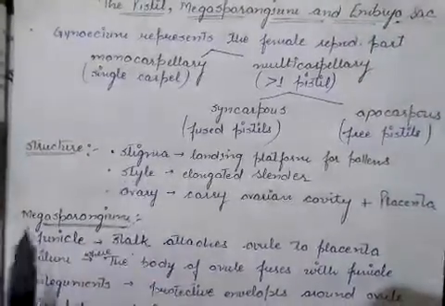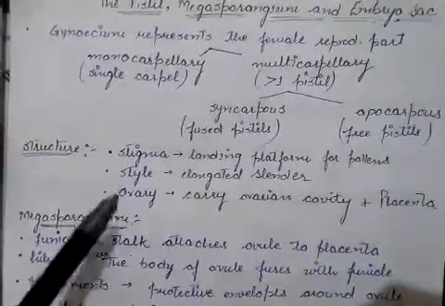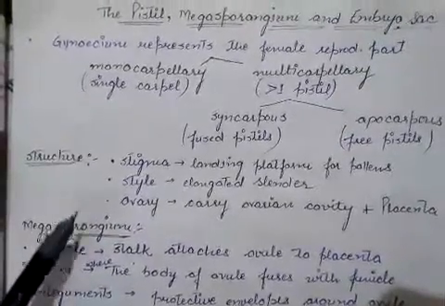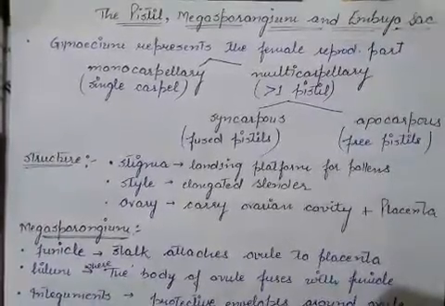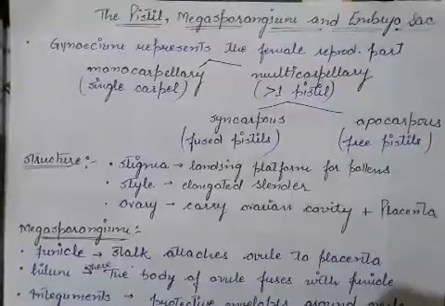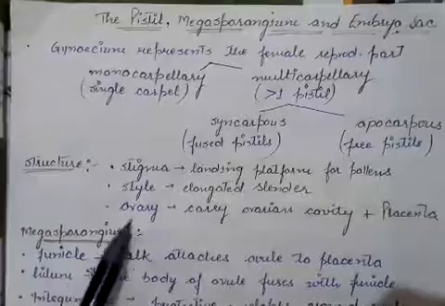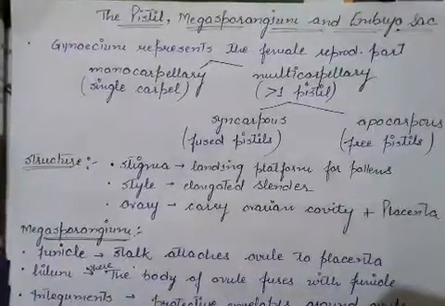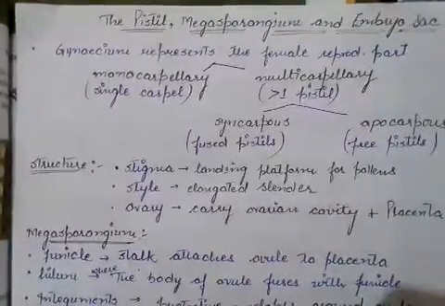Now we are on the structure of the female gametophyte. It has three parts. First one is stigma, second one is style, and third one is the ovary. Stigma is the receptacle, or the landing platform for the pollen grains, at which the pollen grains are shed off by any kind of agent. Second, style is the long tube. It is cylindrical in nature and elongated. It connects the stigma to the ovary.